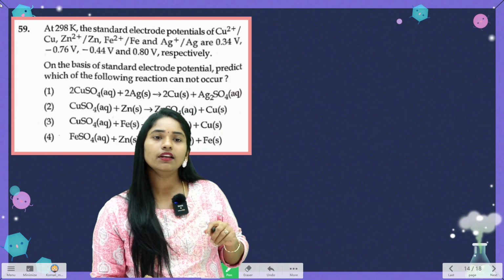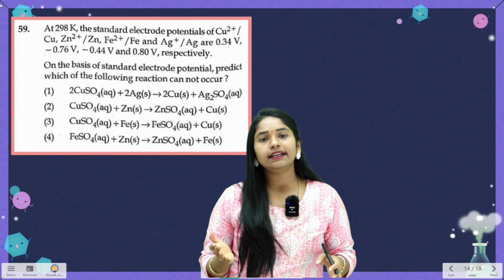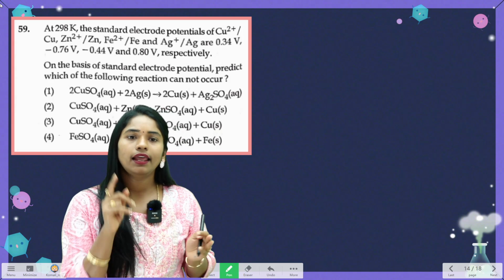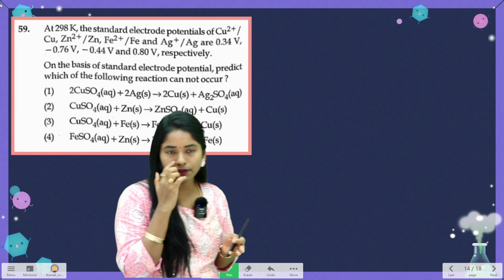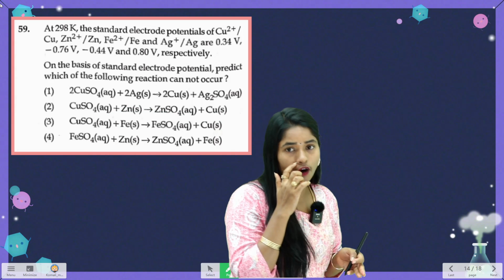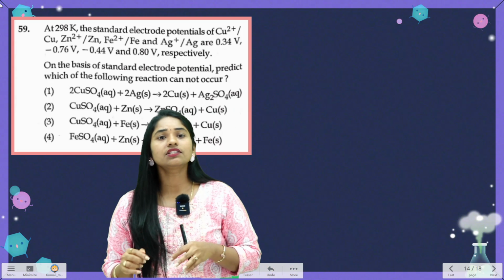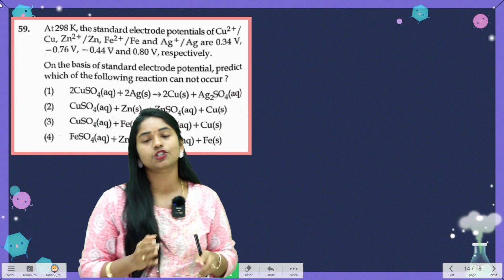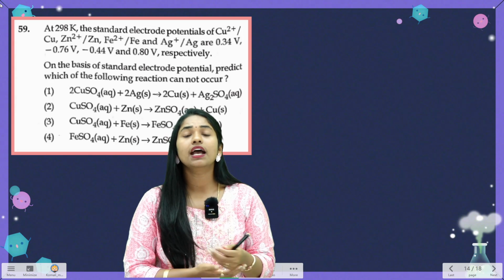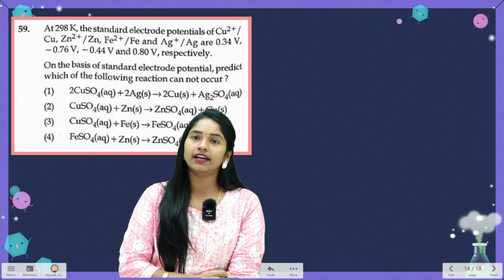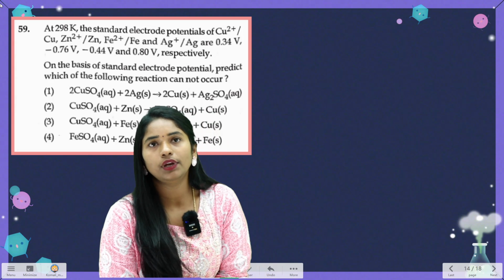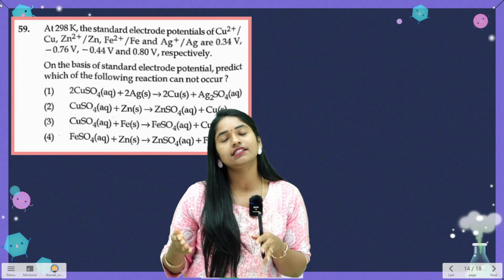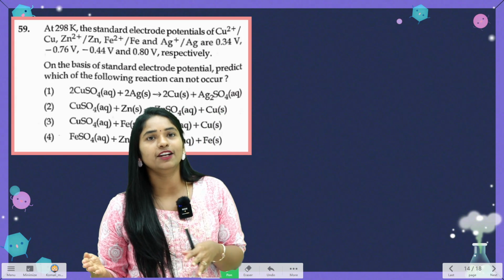See the next one. At 298 Kelvin, standard electrode potentials for 4 different reduction potential values are given. On the basis of standard electrode potentials, we have to find which of the following 4 reactions are not possible. So this one you can find by using the E naught cell formula. E naught cell is equal to E naught cathode minus E naught anode, we can find it out, but